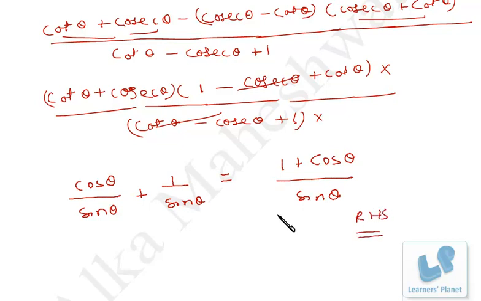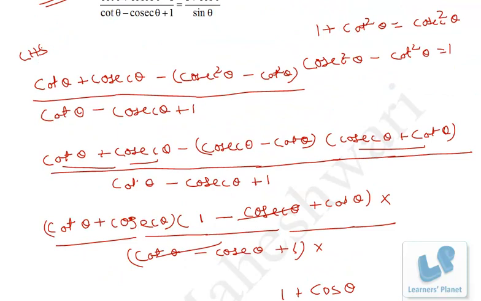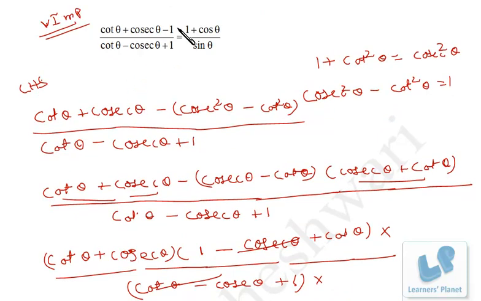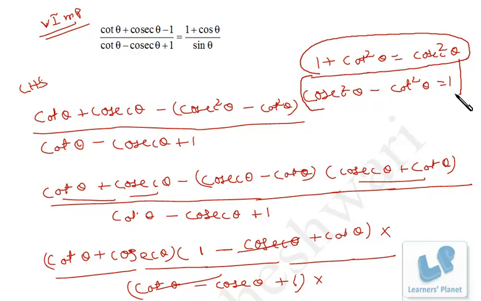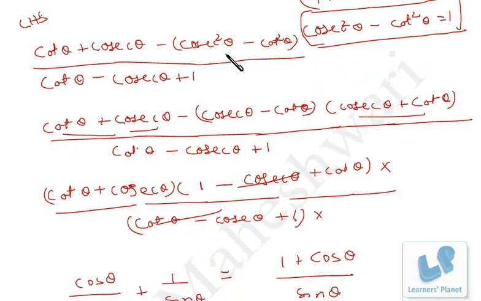As I have already told you, this is really an important problem, so be very careful. You have to take the value of 1 from this expression, and place the value of 1 in the numerator only. That's where the sum becomes difficult. If you go for any other method, you will get stuck somewhere. It will be really easy if you put the value of 1 in the numerator. After that, it's just a cakewalk, very easy, right? I hope you are clear.